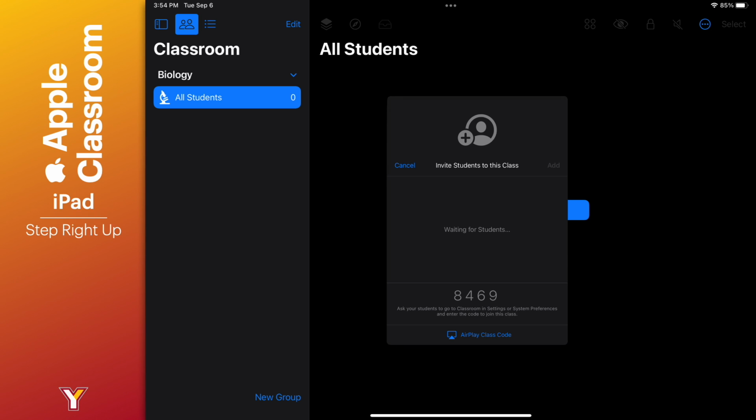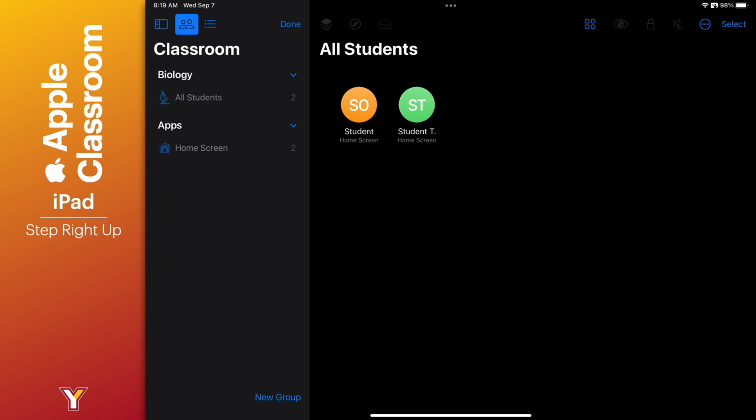Back on your iPad, as students finish customizing their avatars or icons and add your class, they will appear in this box. Once all students have joined, you can select the Add button. At this point, your Apple Classroom is now set up and you're ready to start utilizing it to speed up things like transition times, send and receive documents and files for students to work on, and to monitor student activity